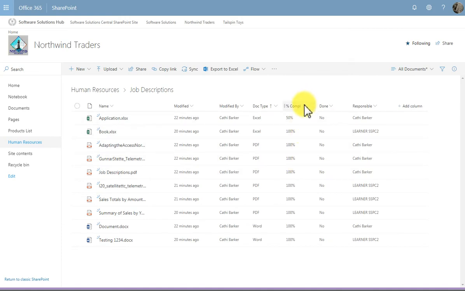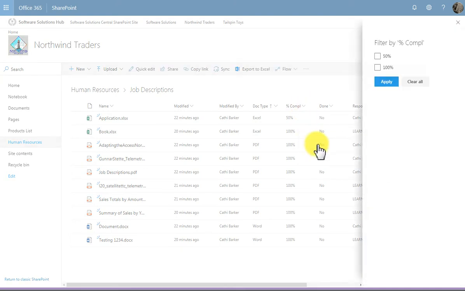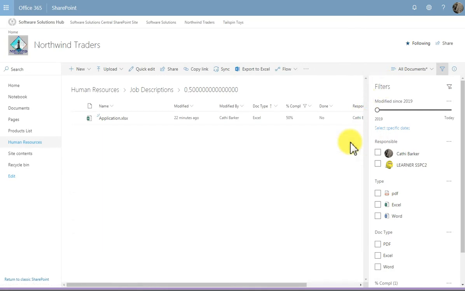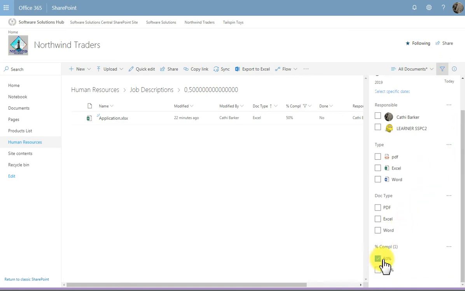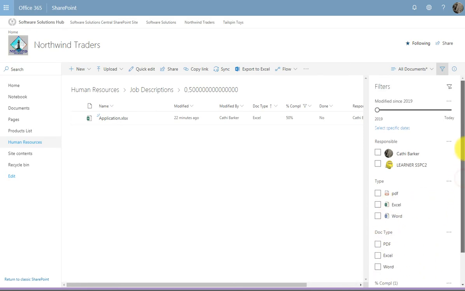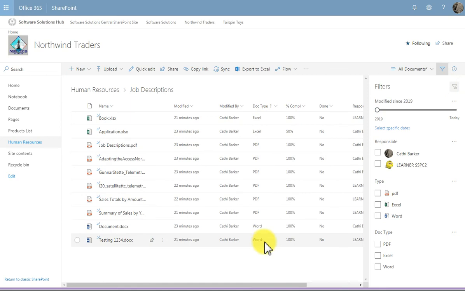I may want to filter out all those documents that are currently not complete. So I'll filter by percentage complete. And I want only those ones that are not 100% complete. So I go apply. And these documents are not 100% complete. And here I can actually see the filters pane. As I scroll down, I can see that my filter is those that are 50% complete. And I haven't filtered by any of these other options, but I have the ability to do so. This particular button here will clear my filter, which enables all the documents to come back,